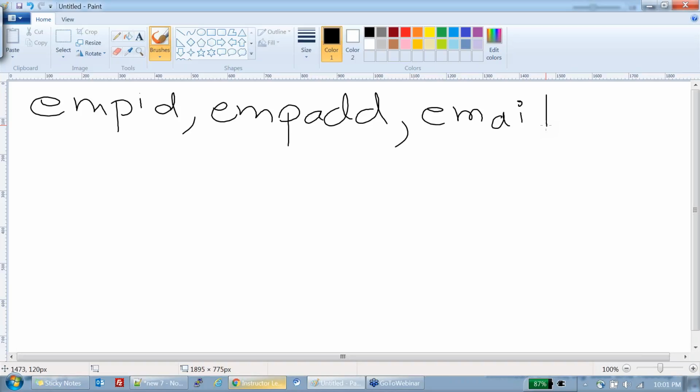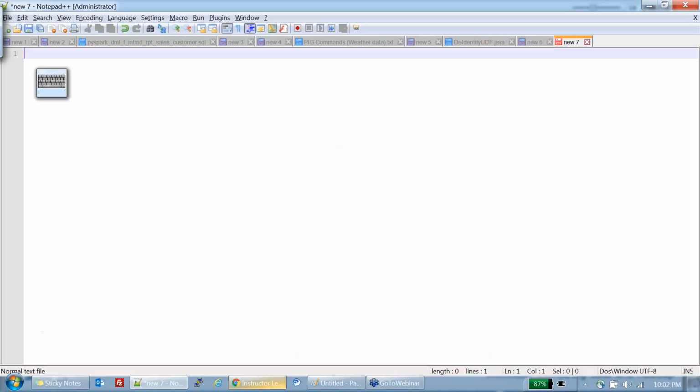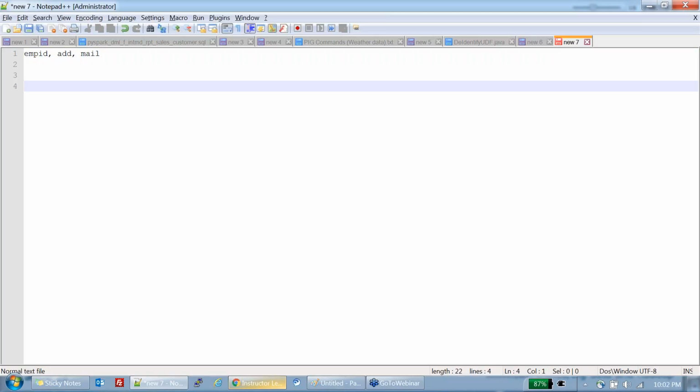It's better to use a notepad. I have employee ID, address, and mail ID. If this is my data, employee ID 1, address is, let's say, Mumbai, Maharashtra, and mail ID is, let's say,